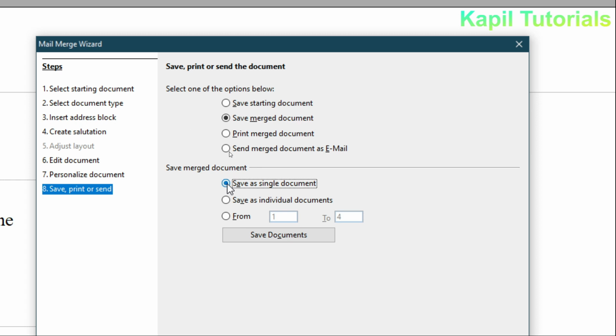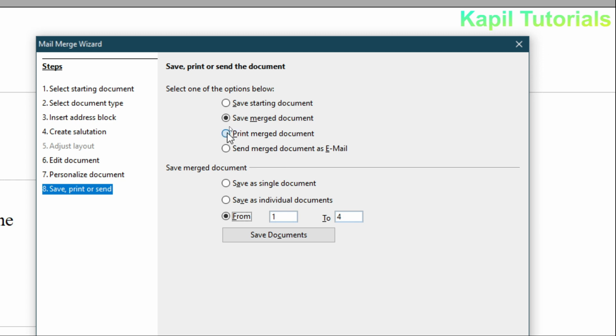Save as a single document means in a single document it will save all the personalized letters, which afterwards I can cut and take the printout. Or save as individual documents, this means I have to select, suppose if I'm having 6 documents, I want to print 1 to 2 documents individually, I can do that also.